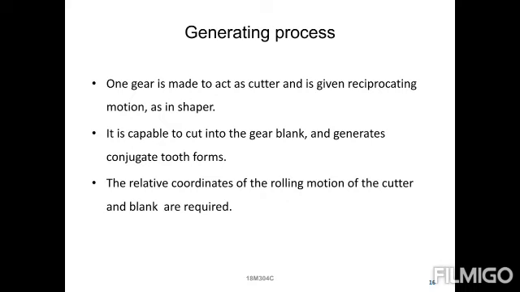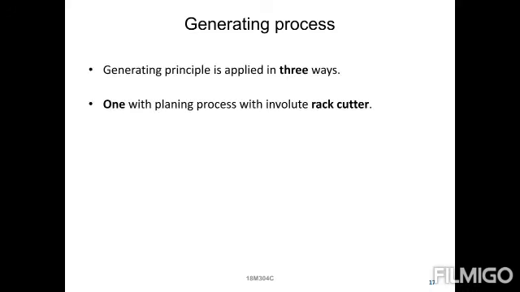So we need relative motion between the cutter and the blank, and both are cut in the same way. The relative motion will be the same, where one runs at a heavy amount of speed and the other at a lesser speed. Finally, both are not in contact; if contacted, the blank cutting would not happen, so only a machining operation will be performed. You can observe this here also.